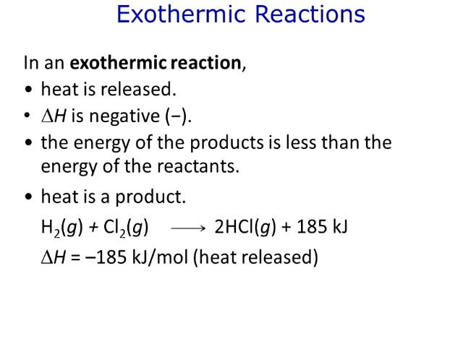So, for example, in a problem, if a reaction was written and it said it released 185 kilojoules per mole, what is its delta H? Its delta H would equal minus 185 kilojoules per mole because it's exothermic. So anytime you independently record the delta H of an exothermic reaction, you must note it as a negative value. However, when it's written in a balanced equation, it's written on the right side of the equation as a plus.